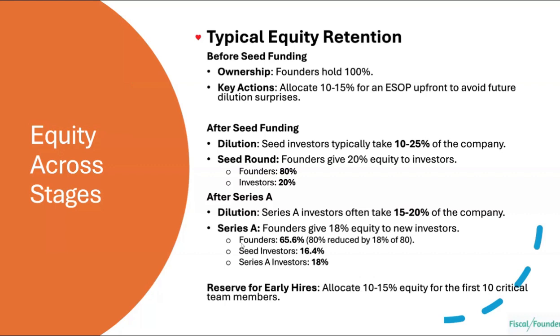You come into a Series A, you typically give a lesser percentage than the seed funding, so you give 15 to 20% of the company away. So now you've gone from 80% to 65.6% ownership. So that's how the dilution is happening. And as you go through the other series, your dilution will keep happening. I want to say typically by the time you get to an IPO, say after a Series E, the owners hold less than 10%, if that.